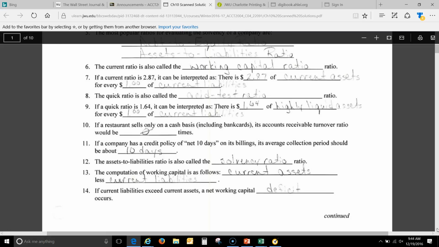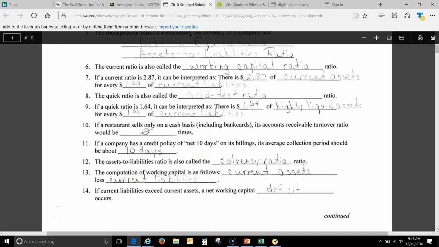What is the nature of accounts receivable? It's asking us about the accounts receivable turnover ratio. We're selling on credit. So if we're only doing cash sales or debit cards, are we selling on credit? No. So therefore, the accounts receivable ratio would be